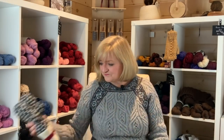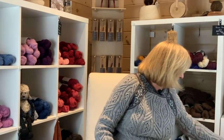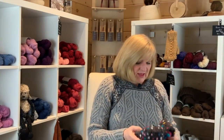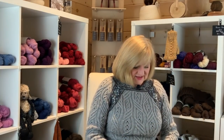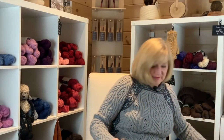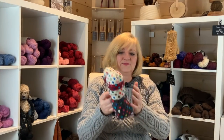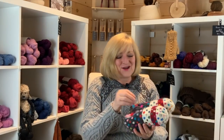So there's a lady, her name is Jo, that is knitting those for us, and she's from Newfoundland, so she's got the inside scoop. But then she also took a bunch more yarn. So they're all knit with our yarn, and she's knitting them, but it's all yarn that I gave her from the mill. So she's got a little bit of a wild streak, I think, because these are